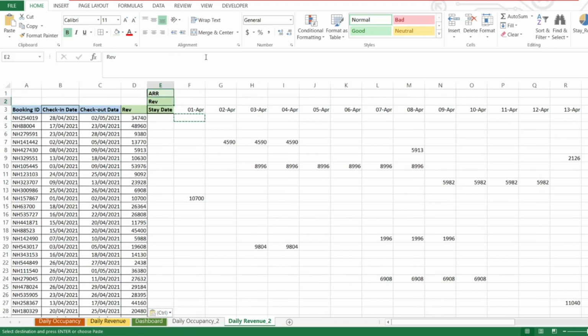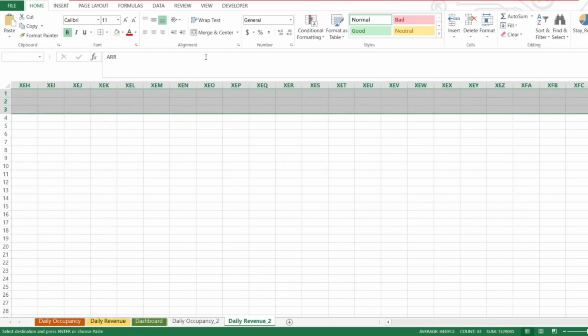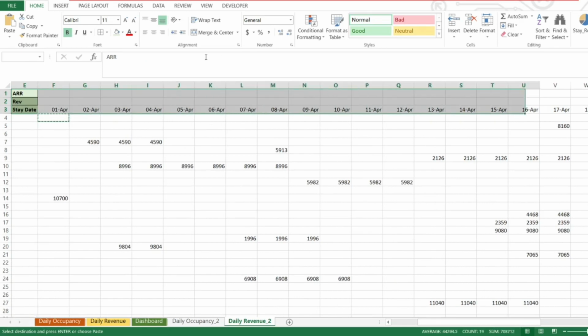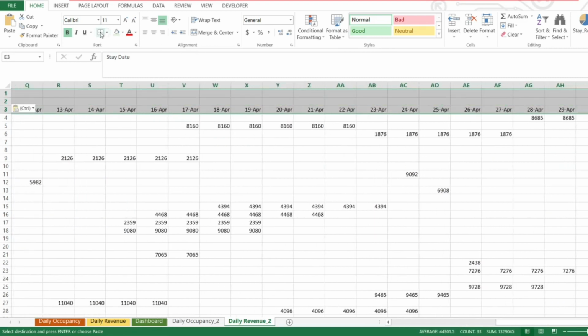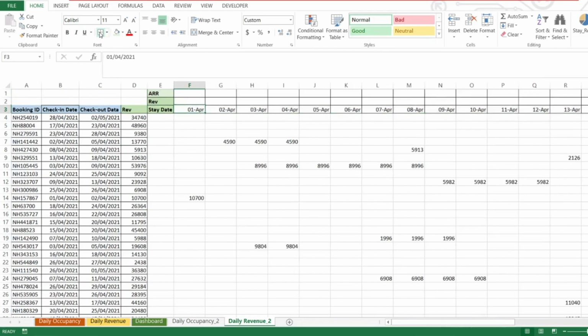I'll just make the formatting a little bit neater. So here, what I have done is, let's say for this particular booking, the check-in date is 2nd of April, checkout is 5th of April, total revenue of 13,770.